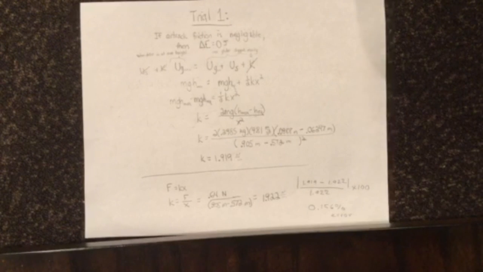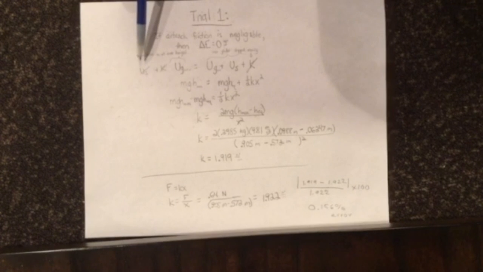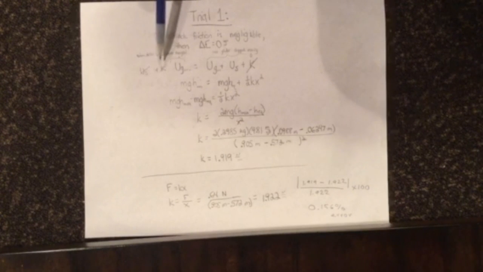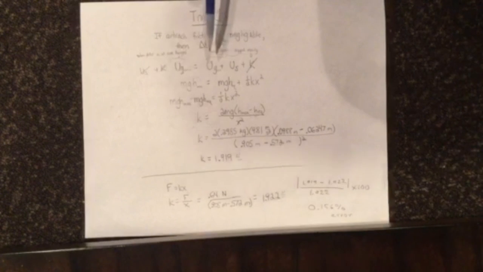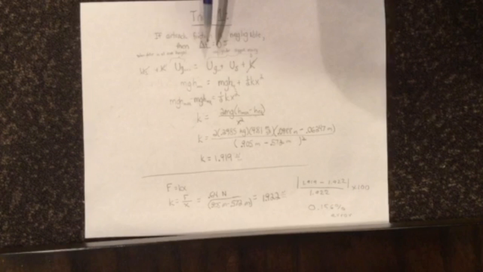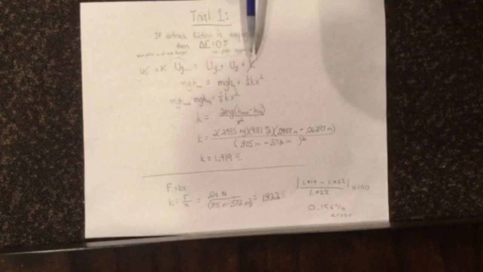At the beginning of the experiment, when the glider is at max height, there was no spring energy because the spring had not been stretched. There was no kinetic energy because the glider had not been moving, but there was gravitational potential energy because the glider was some distance above the ground. At the end of the experiment, when the glider had stopped moving, there was gravitational potential energy because the glider was some distance above the ground. There was spring energy because the spring had been stretched, but there was no kinetic energy because the glider had